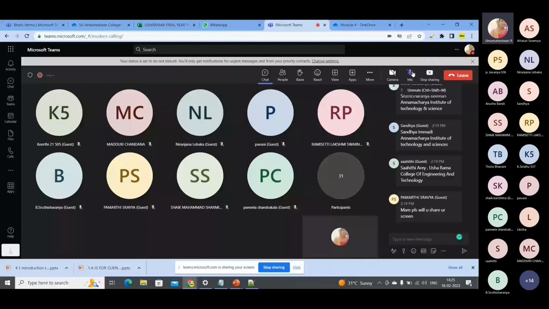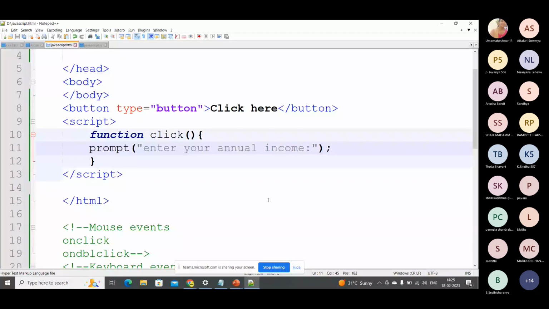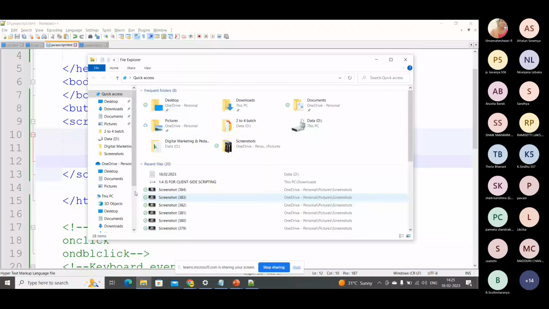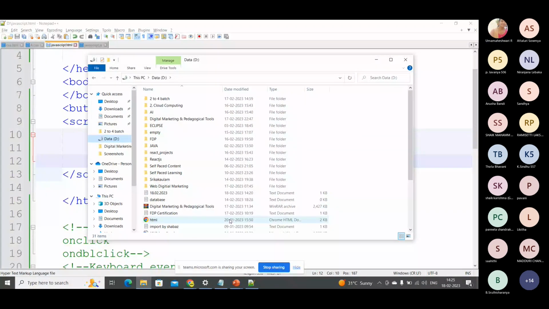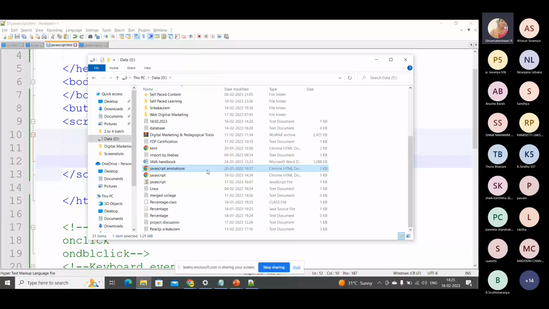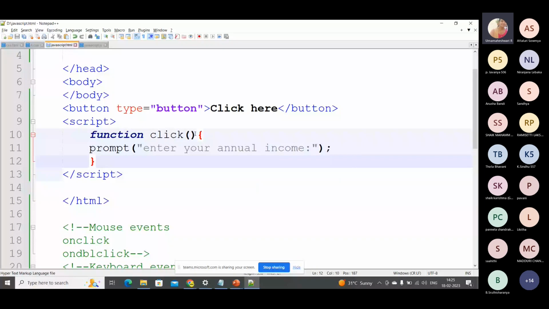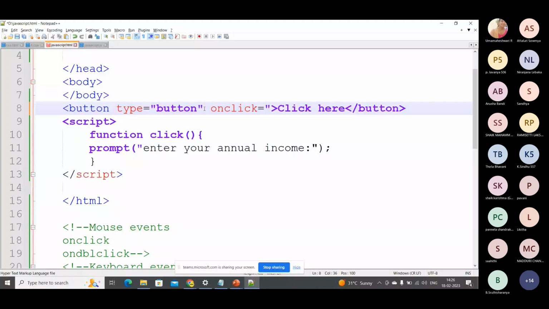If I click on this button, something will prompt. Let's go here, in the D drive, where I've saved this as a JavaScript file. If I click on this button, I'm not getting anything. Why? Because I have not given any instructions. To create an instruction, so that when I click on this something happens, what is the function name? It is clickoff. Like this, it will be there. If I refresh this and click on this,